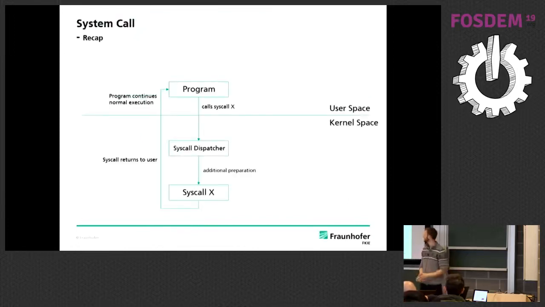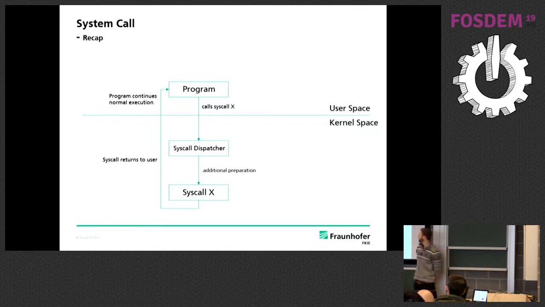So the first thing is actually, what is a syscall? I suppose everybody knows there's user space and kernel space. In user space we've got potentially untrusted programs, and they're kind of isolated. Then there's kernel space where the kernel is running, and that's where the power lies. The programs are isolated, and to do anything meaningful, they have to ask the kernel to do so. So they use syscalls, like for example syscall X, which could be send a packet or write to file, and then you call into the kernel. There's a syscall dispatcher which does additional preparation, chooses the right syscall to call, and finally returns to the user